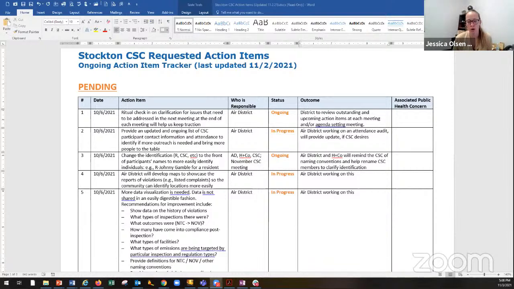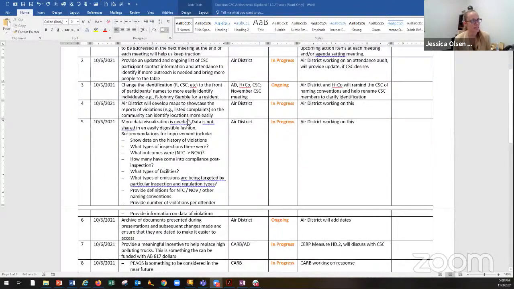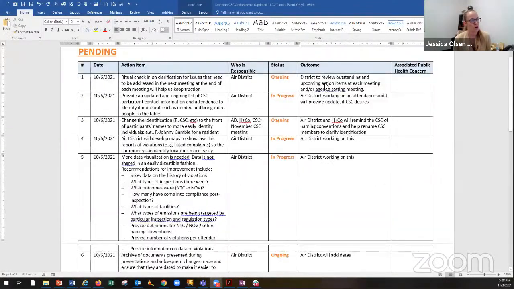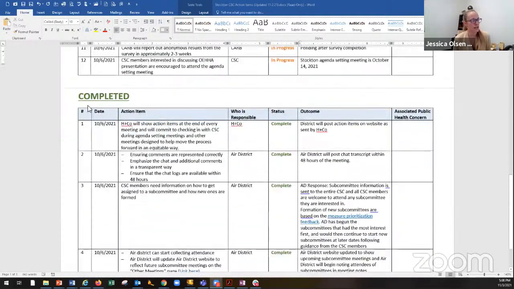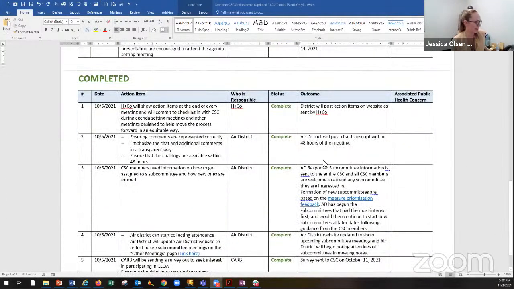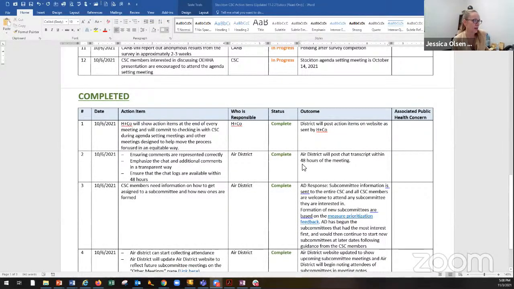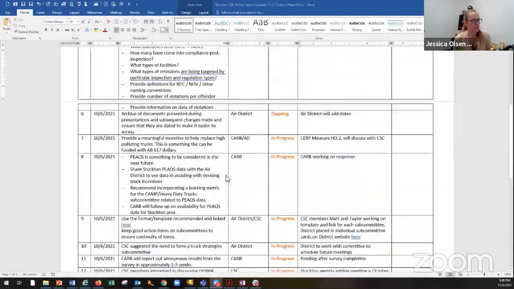And so if we are all working sort of off the same to-do list, if you will, the thought here was that we put together this tracker where we have at the top action items that still require some outcome or some associated answer, as well as action items that have been completed or questions that have been answered. And so we put this together. We did share it because